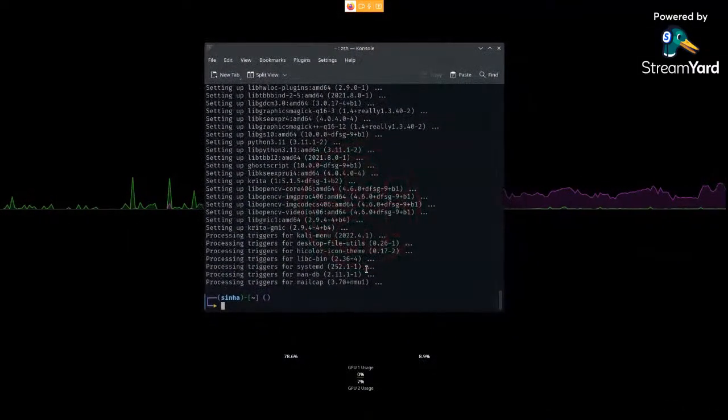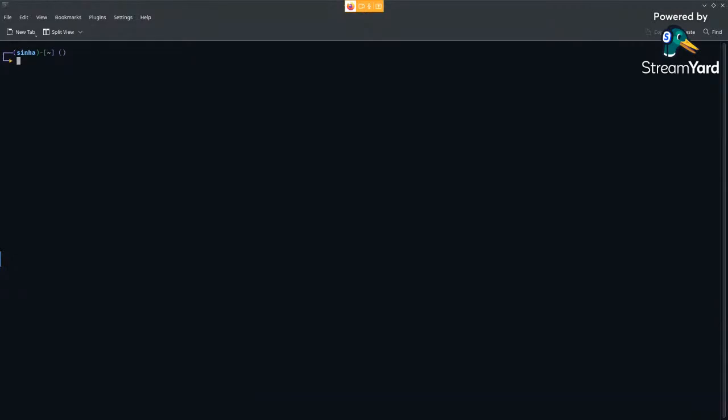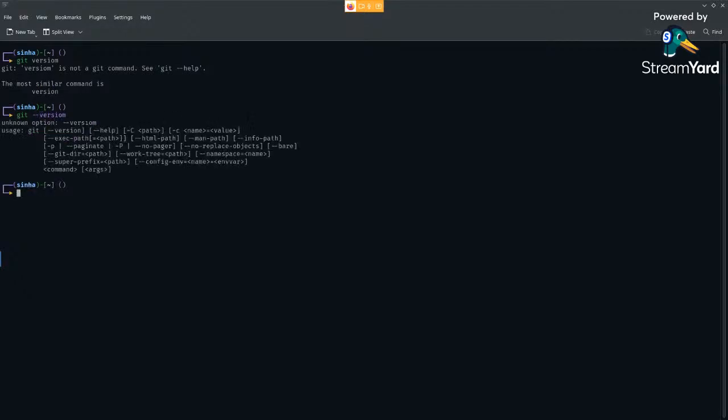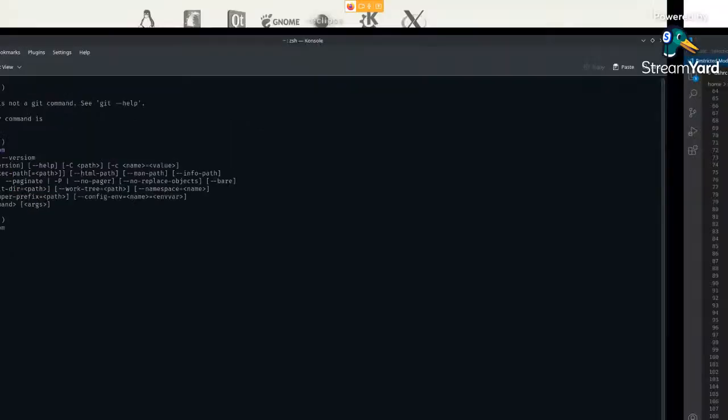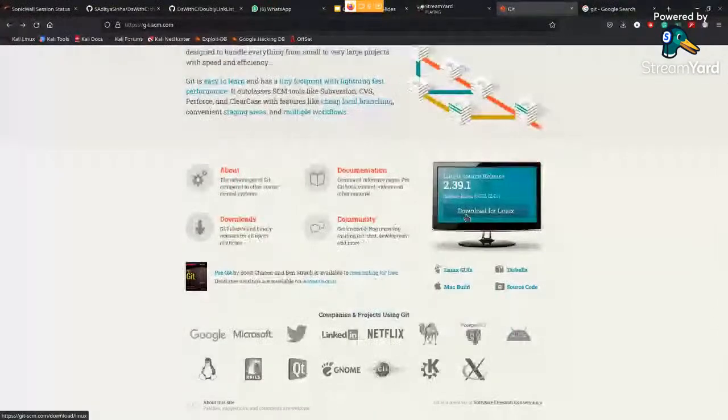Now let's say you have completed your installation and you want to check whether your installation is completed or not. So let's open a terminal. The first command which we will be using is obviously git --version. If it gives any error, then definitely you haven't installed it properly.